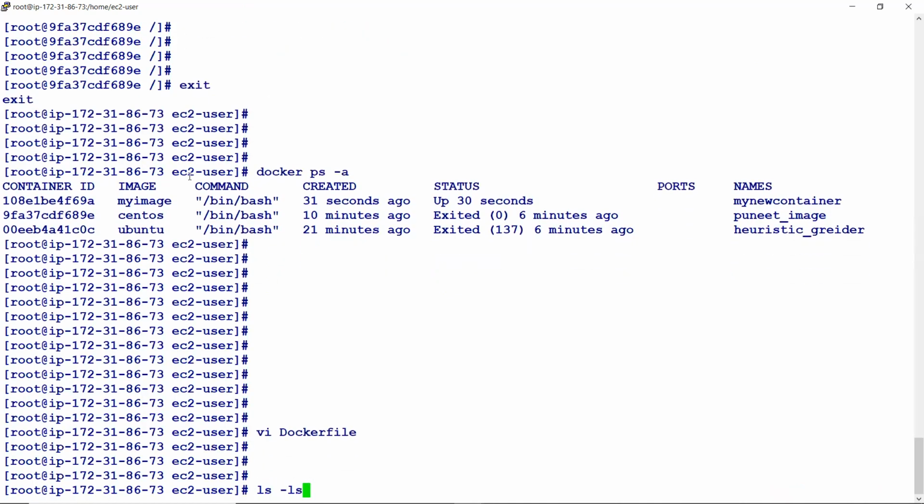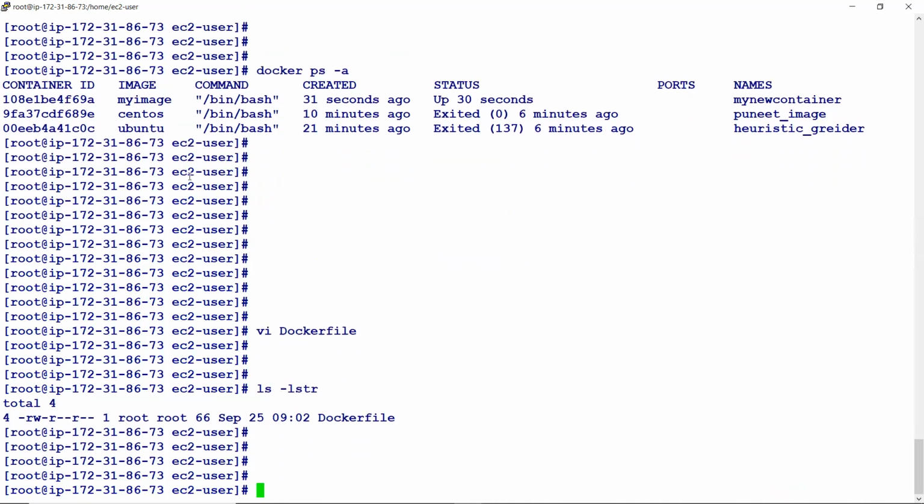I save this Docker file. Now I have to create an image from this Docker file. Docker file is just a file, and from this file I can create an image. What is the command to create an image? Docker build